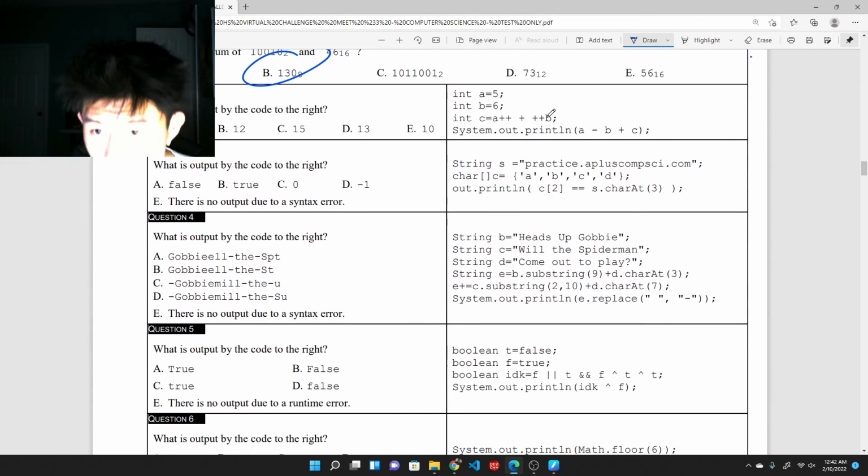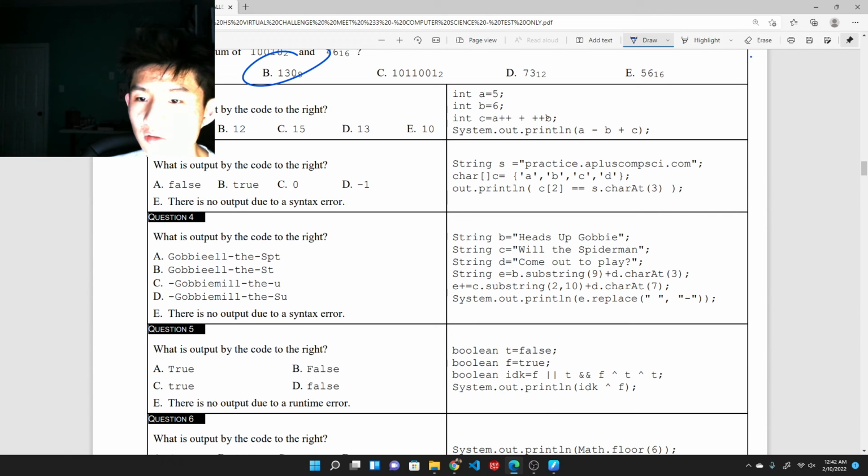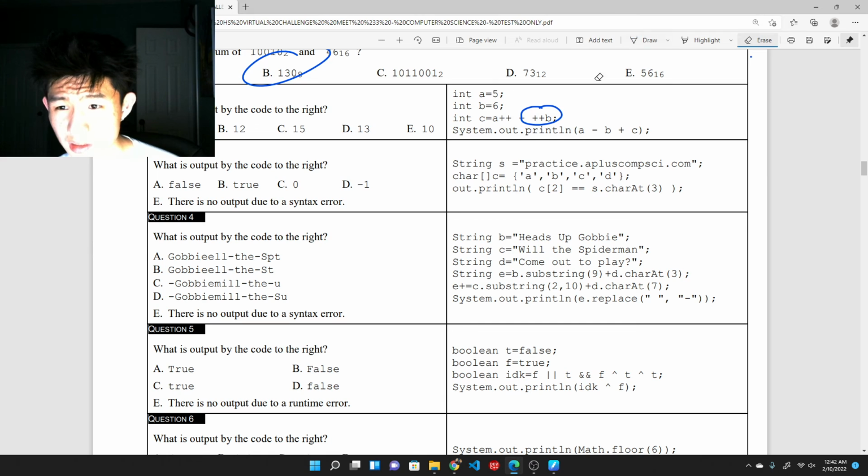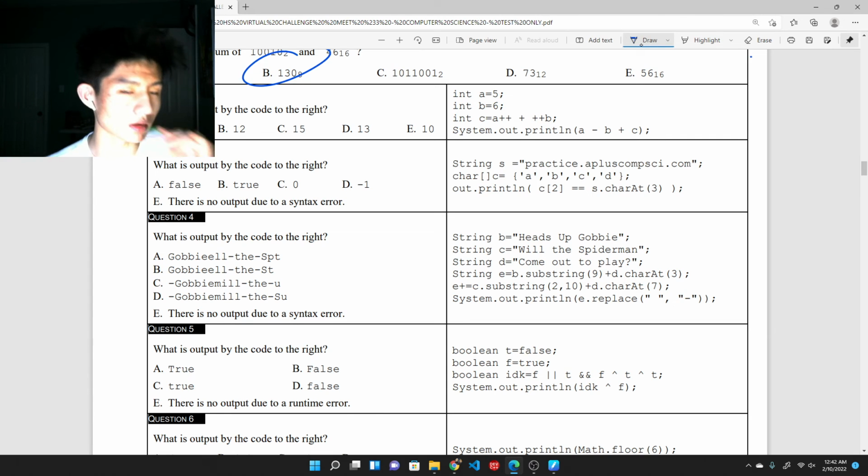Okay, so this is postfix and prefix. Every time it has a plus plus before it, it's called prefix, meaning the number gets added first, then it goes into the equation. And if it's postfix, it still gets added, but after it's been used in the equation. So what I mean by that is,